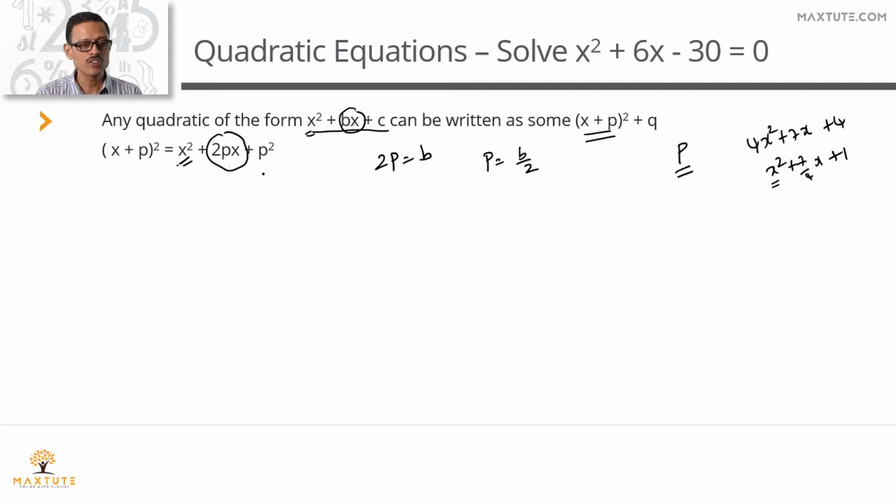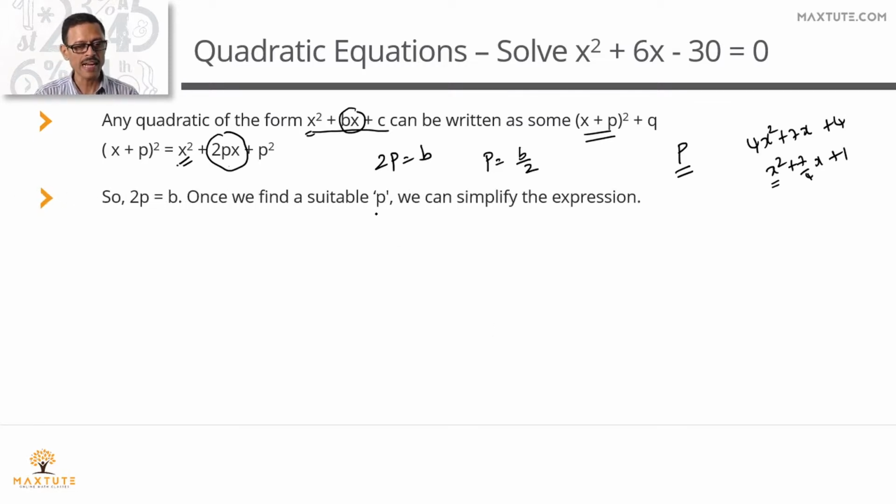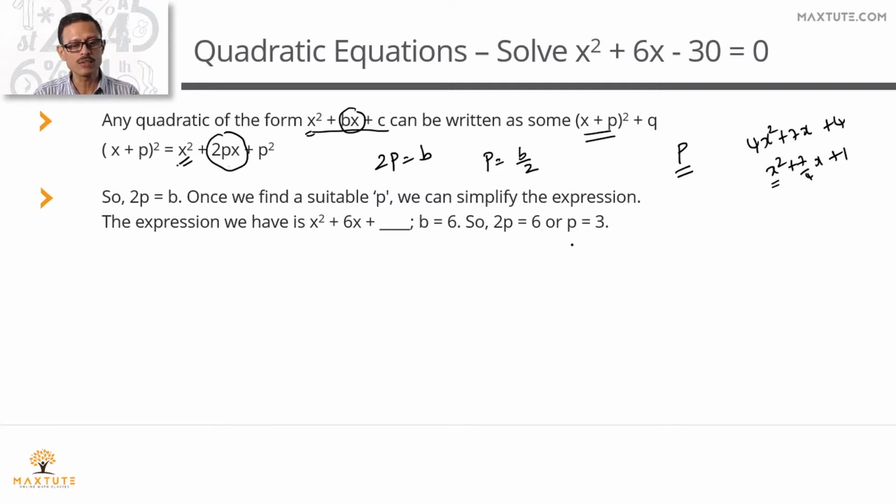Having done that, let's find out the value of p, which is going to feature as a part of x plus p the whole square. We compared these two equations and realized that 2p is the same as b, or p is equal to b by 2. That is step number 2. So we're identifying the value of p. P is equal to b by 2. That is established. 2p equals b. So p is equal to b by 2.